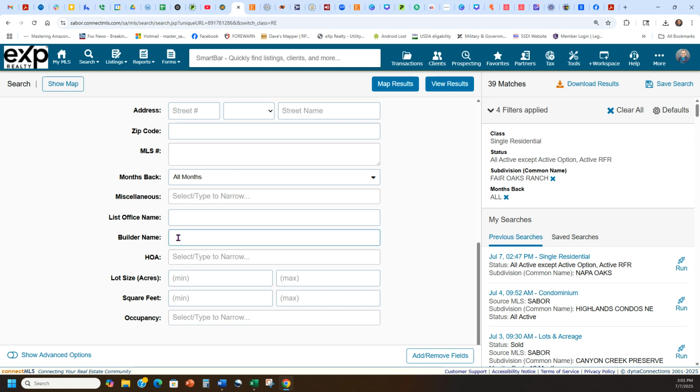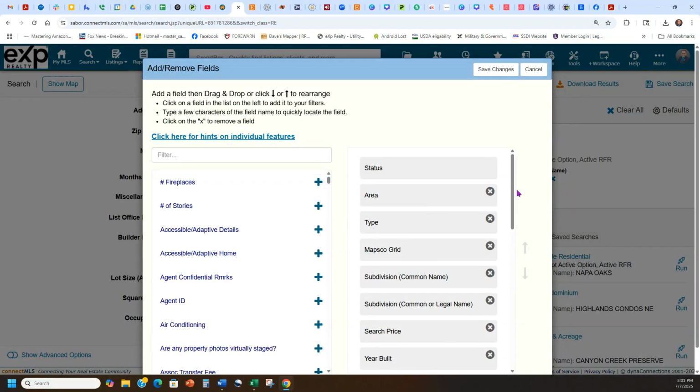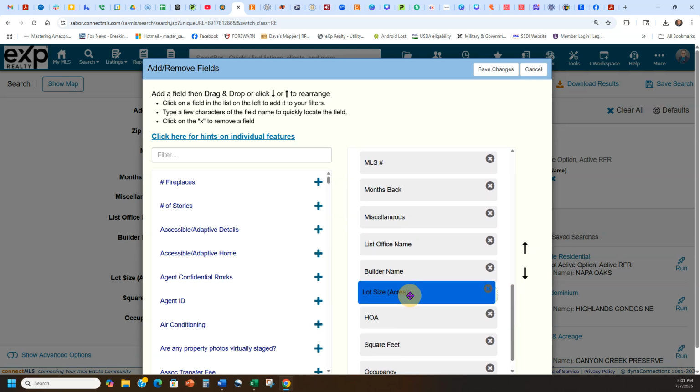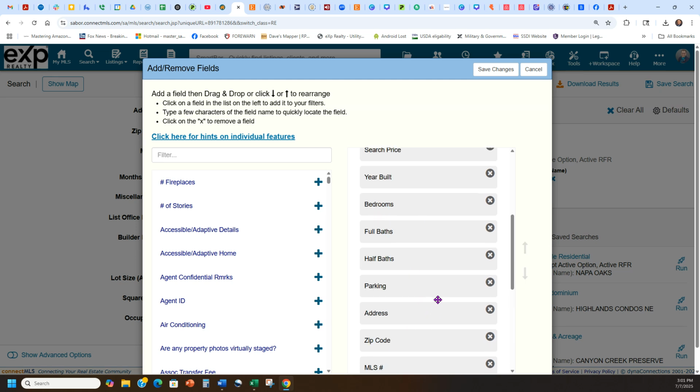Now, if there's something in here, say it didn't have square feet and they have a certain type of square feet, all you do is go to the bottom and click Add Remove Fields, and it loads it up. This is how you can also organize. So if I take this and move it up or down, this is how I can also organize my side